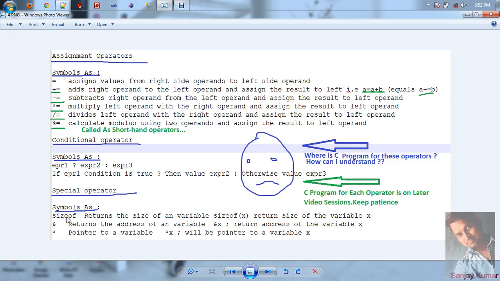The symbols are sizeof, ampersand and star. The sizeof operator calculates the byte size of all the data types that we studied in our previous session. The ampersand operator is used to locate the address of a variable in memory. When we declare any variable in our programming, it takes a certain specific area in memory, and if we want to see the memory area of that variable, then we use this symbol. And what does the star sign, the asterisk, indicate? Generally it is used for pointers to indicate the memory location; it gives the address of a variable.